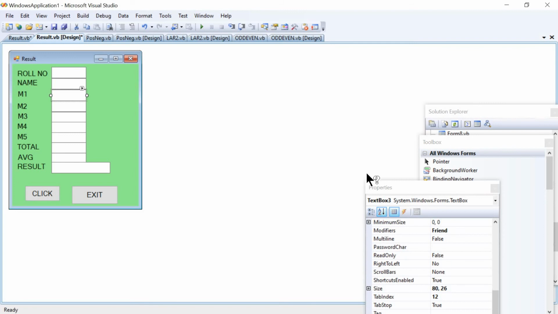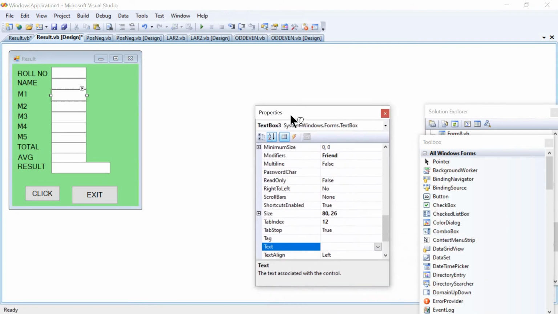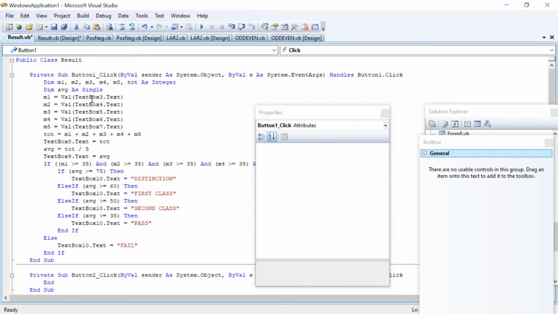From text box 3 till text box 7, the marks will be entered. Once it is entered, it has to be converted to number type using the val function, that is value, which is mainly used to convert from text to number. And later this will be stored in the variables M1 to M5, that is M1, M2, M3, M4 and M5.